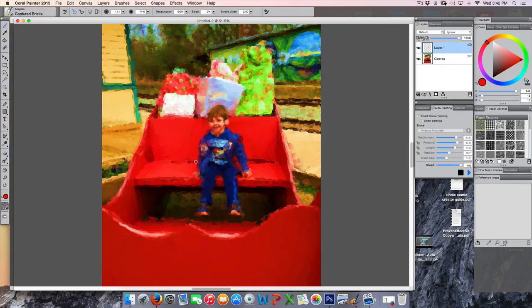And you can just rework some areas of your painting like this. Because if you leave everything as is, a lot of times people might be able to recognize that it is just the auto painting from a photograph. But if you go in and add your own style, like we're doing here,